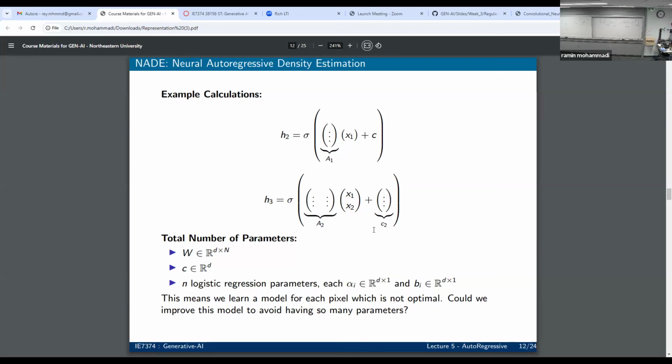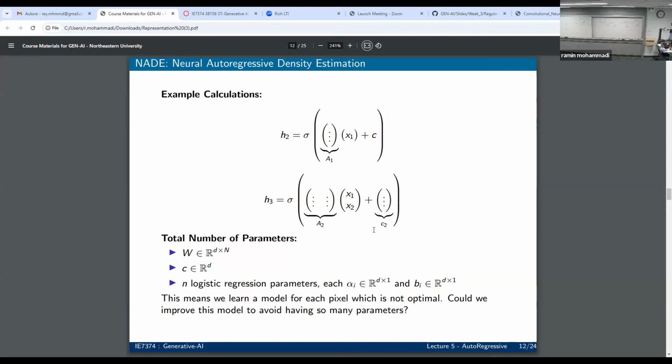Let's say your image has n pixels. Every pixel, when you go through this neural network, you want to have a latent dimension of D. You decide D. It's like a hyperparameter. You want to learn this latent representation of length D. So that's the dimension that you're selecting here. So